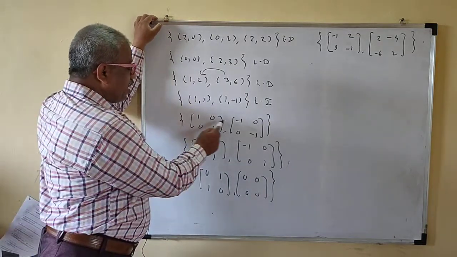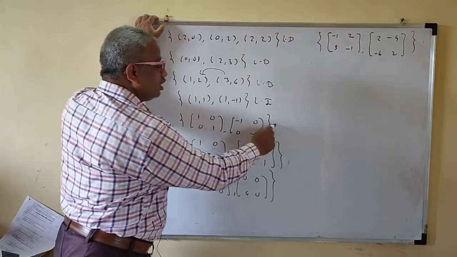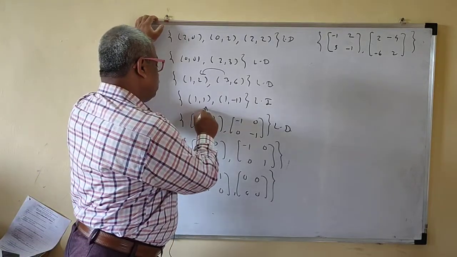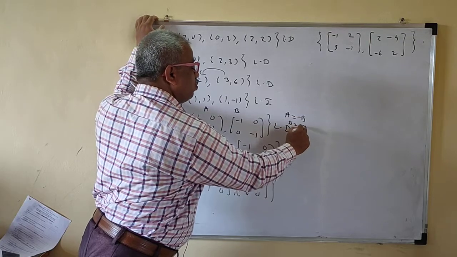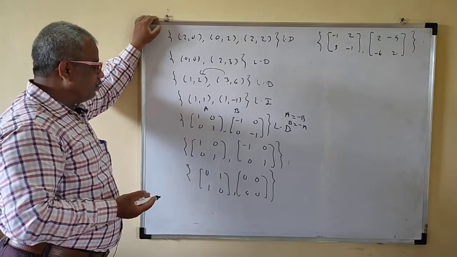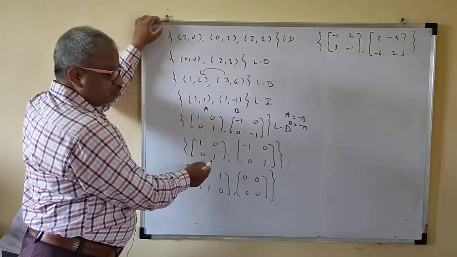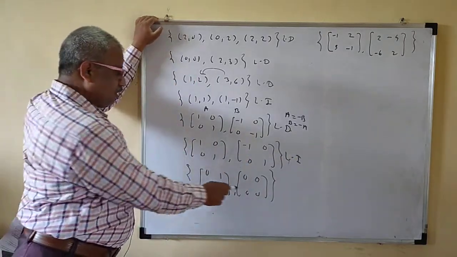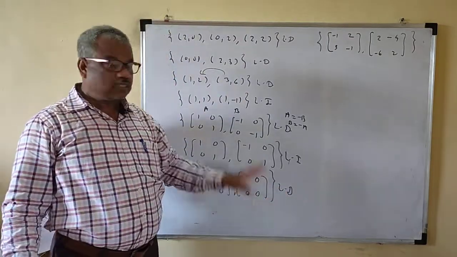Now here, if I multiply by minus 1, I get this matrix. So this is linearly dependent because this is a scalar multiple of this. Suppose this is A and this is B. So A is equal to minus B, or B is equal to minus A. That means one vector is a scalar multiple of the other. Now here, minus 1 is here, but if you multiply by minus, this is also minus. So this is linearly independent. No vector is a scalar multiple of the other. This set contains the 0 vector, so it is linearly dependent.